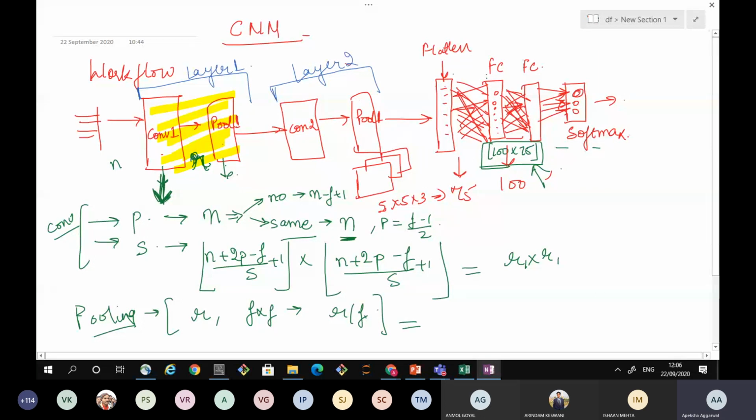Sometimes some people also refer to these layers separately. They will call this layer 1 and they will call the pooling layer layer 2. But generally we don't count the pooling layer because the pooling layer has no parameters. Now what parameters are, we'll see. So this is layer 2, and flattening is not consisting of anything, it's just flattening.